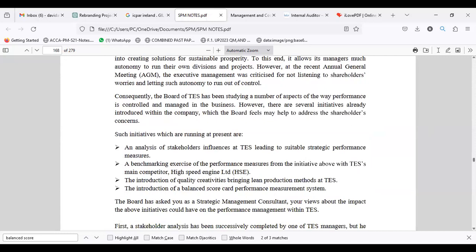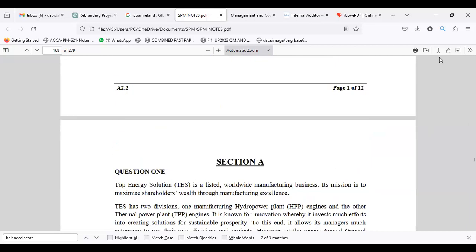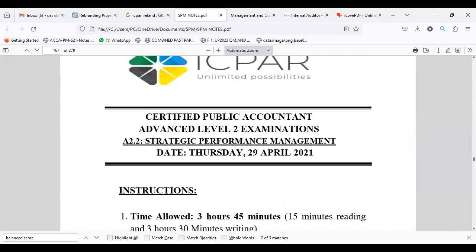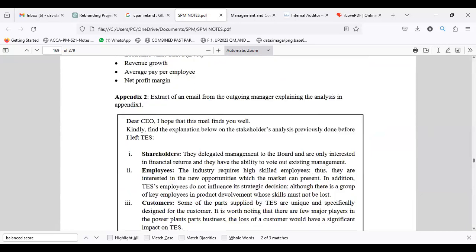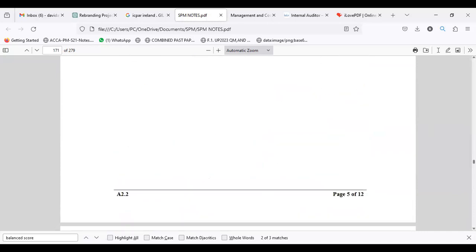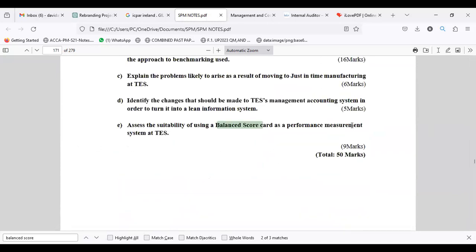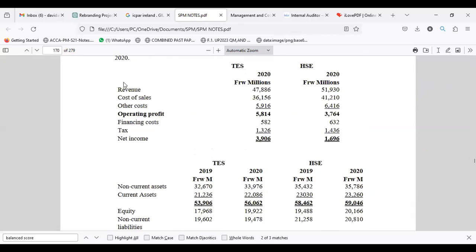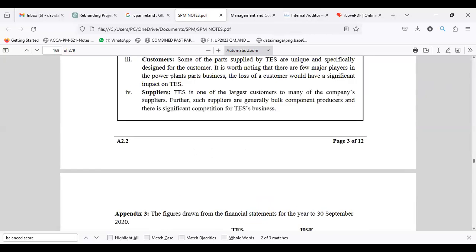Now, you may notice this was set in April. Probably if you check April, you will notice the question there, which was on the balanced scorecard, among the compulsory questions. It carried 9 marks of all that was set there, where somebody needed to talk about all those perspectives as per the balanced scorecard. Like I said, we don't have so much time, so I may not want to go and read this, but you could say there are all those cases.